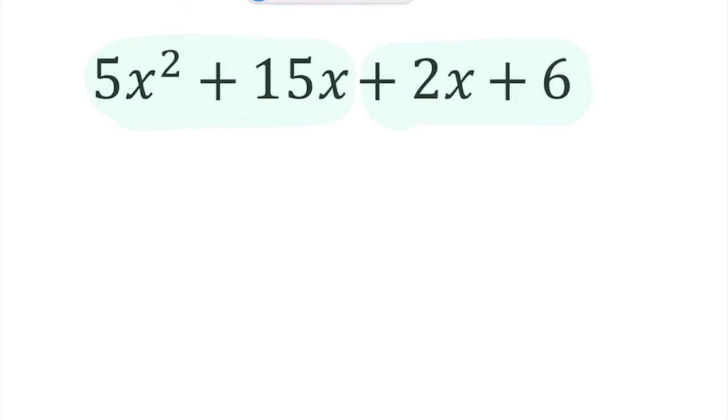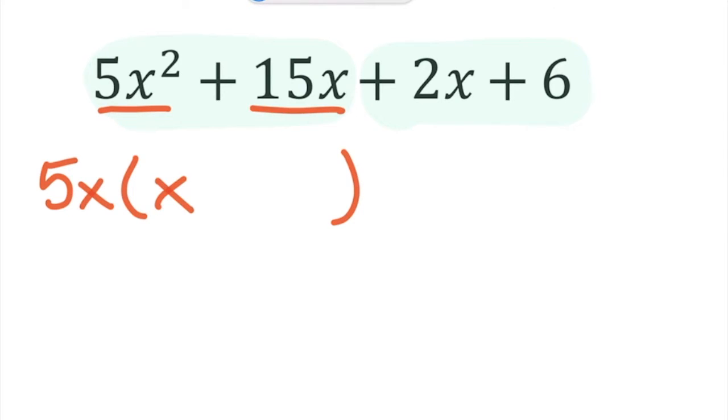So we've seen something that looks similar to this on the first page. Numerically, the GCF is a 5, and then the variable GCF is an x. When we factor out a 5x from 5x squared, we're left with an x. And when we factor out or divide 15x by 5x, we get a plus 3. So think about that, and if you need to redistribute this just to check yourself, do that until you're really